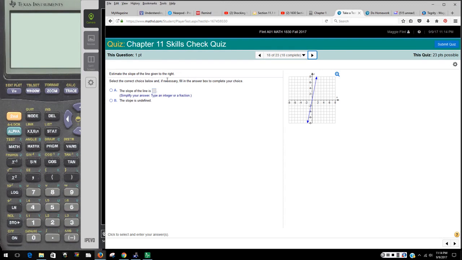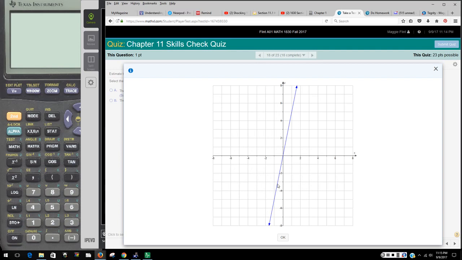Find the slope of the line given to the right. You could arbitrarily pick any 2 points that you wanted to and calculate your slope formula. However, since they were nice enough to graph it for you, and it appears that the graph contains the origin, and we're going to blow it up just to be sure, we're going to start at the point (0, 0), and notice that another fairly distinct point up here is at the point (1, 5). In order to get from (0, 0) to (1, 5), it's always rise over run, so